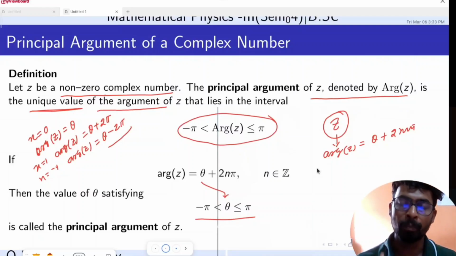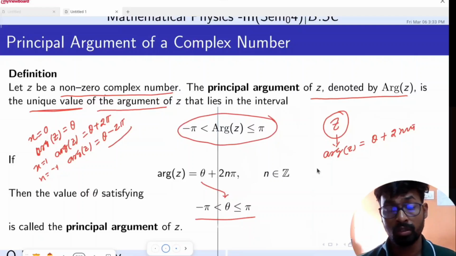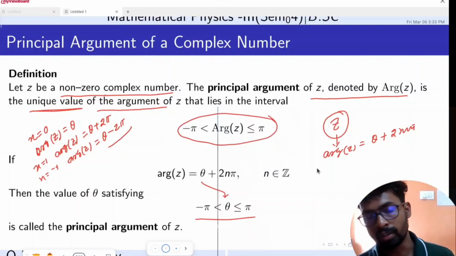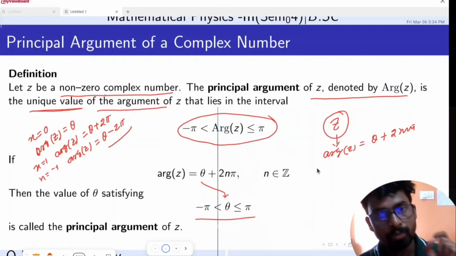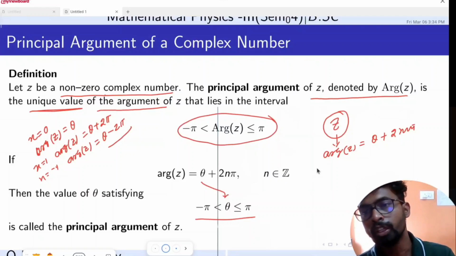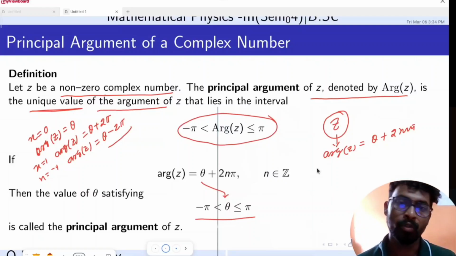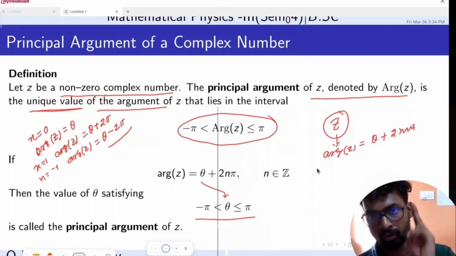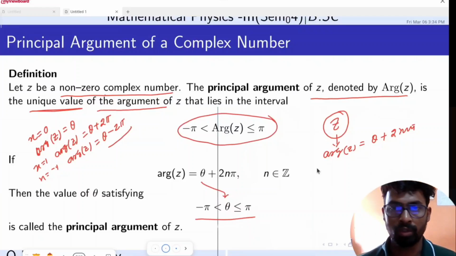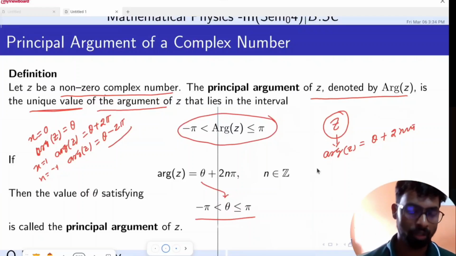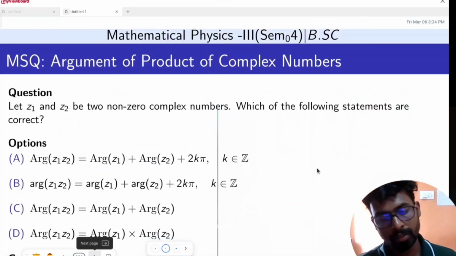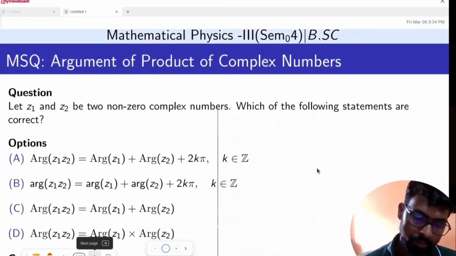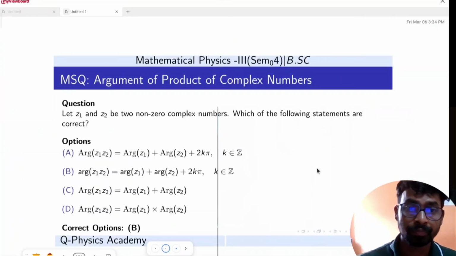Based on this, the complex number is located in which coordinate, right? But the principal argument has only a unique value, and that unique value must lie within minus pi to plus pi. Okay, I think you understand. Very good. Let's take this as a kind of theorem, and we have to cover here